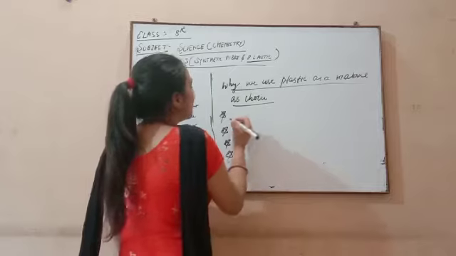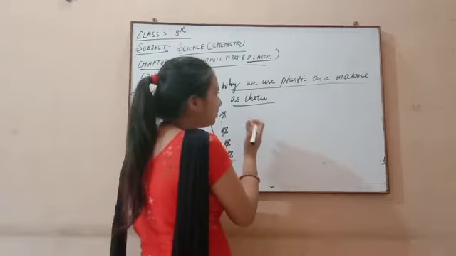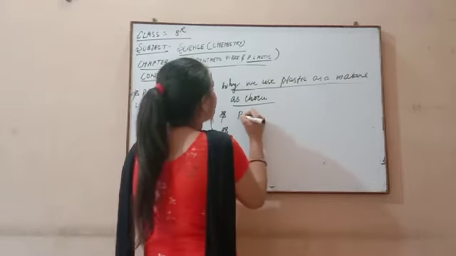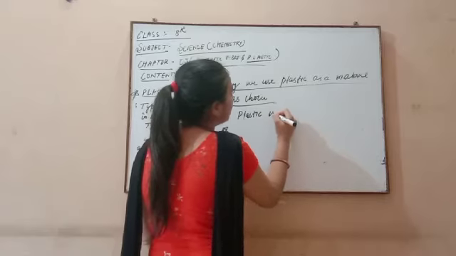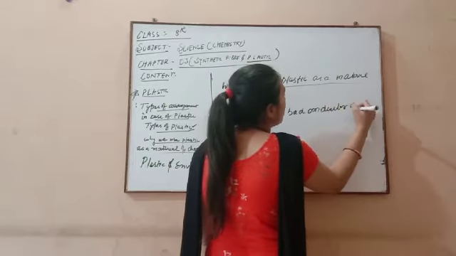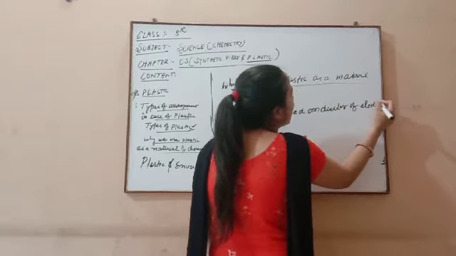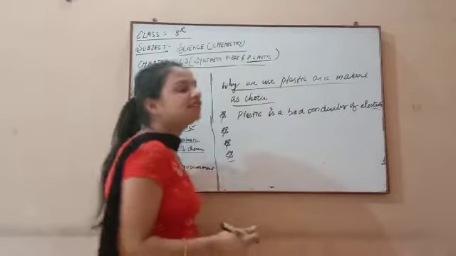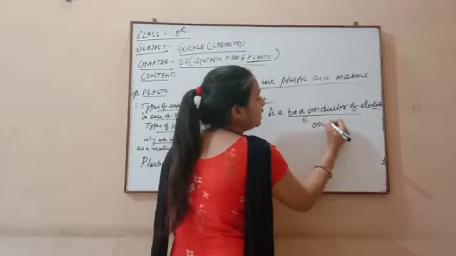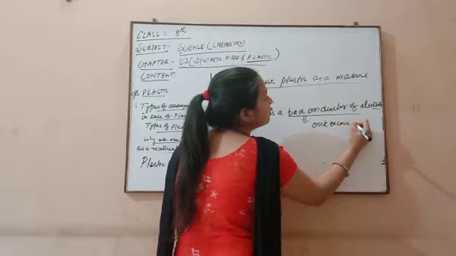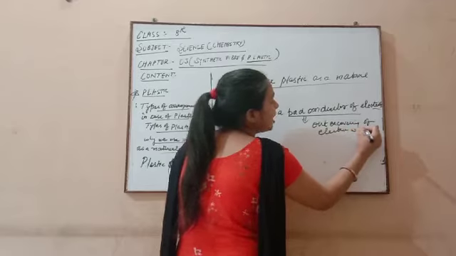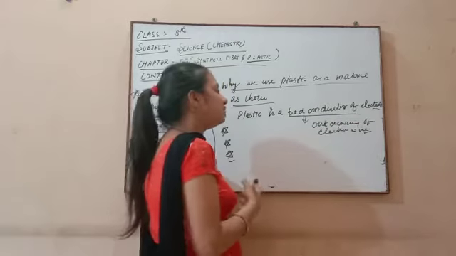First is a very important characteristic present in plastic. Plastic is a bad conductor of electricity. Bad conductor of electricity means it does not catch heat and electricity easily. So that's why it is used to make the outer covering of electric wires. These electric wires' outer covering you all see is made with the help of plastic.